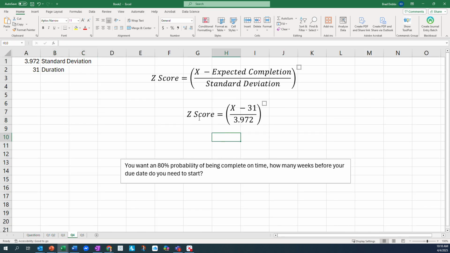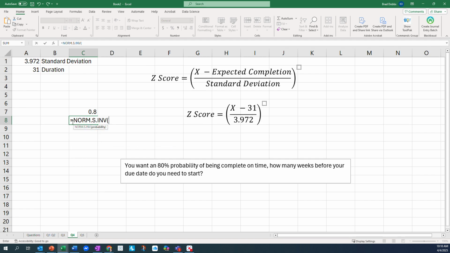So this one takes a little more thinking here. We're going to use some algebra. We want an 80% probability of being complete on time. How many weeks before our due date do we need to start? Well, we can fill in what we know. We know my expected, we know my standard deviation, we don't know the z-score, but we can come up with the z-score. So we're going to use our 80% probability, 0.8,